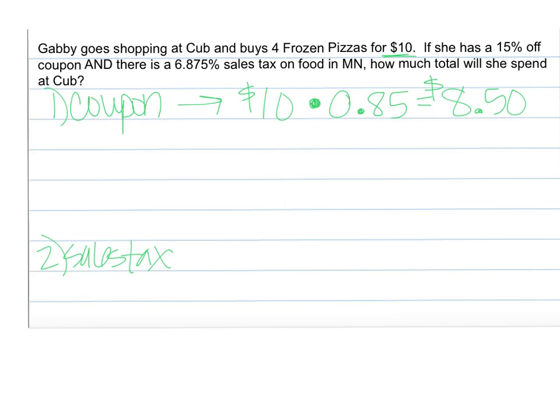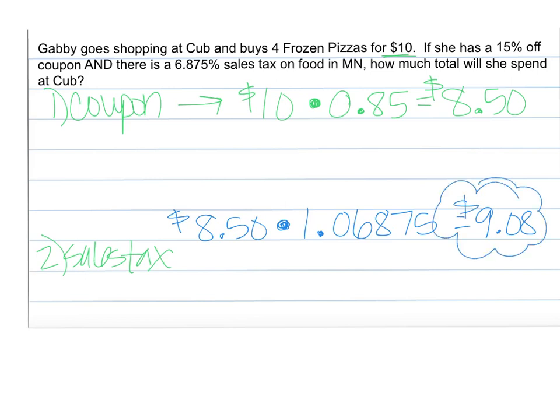Then they have to take the $8.50 and add the sales tax. So now we have $8.50 times 1.06875, because remember, with sales tax we can just add it to 100% and then make it a decimal. So now I'm going to do 8.5 times 1.06875, and I get $9.08